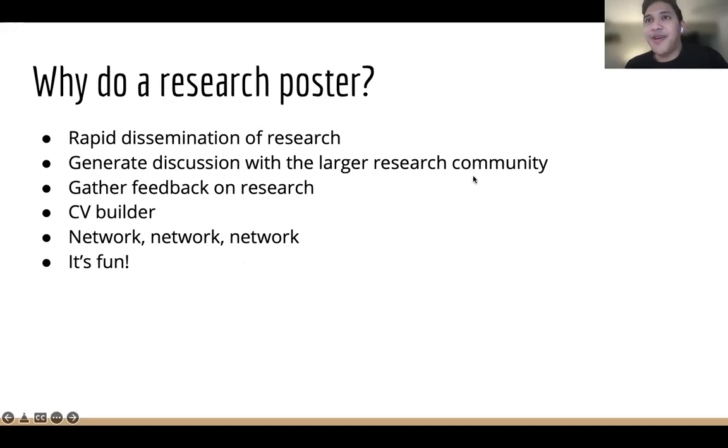And last, it's fun, right? At least to me, designing a poster and then putting it together is fun. Poster sessions itself are also fun. You have the opportunity to present and talk about the research you are most excited about. And so, yeah, those are just some of the reasons why you might think about submitting your research as a